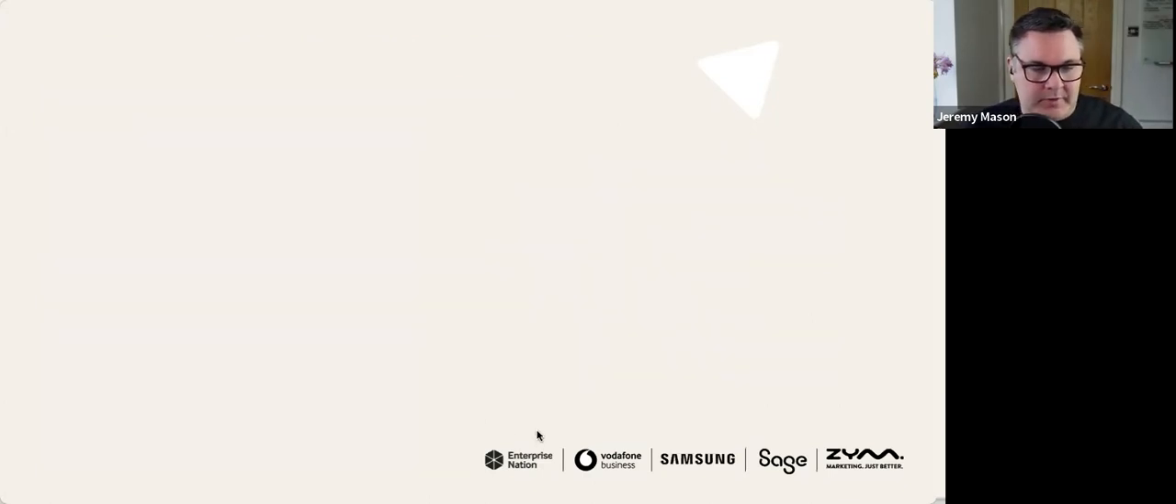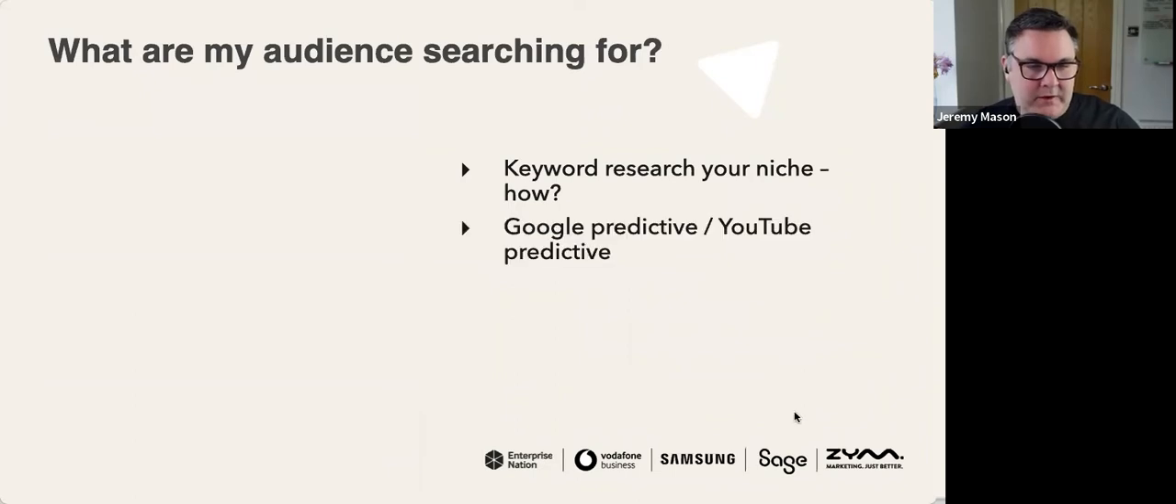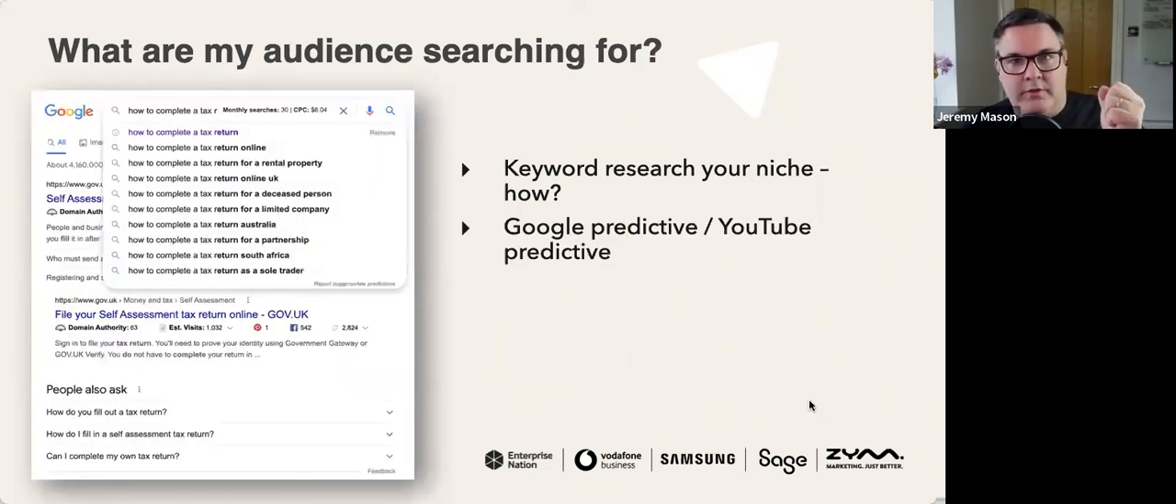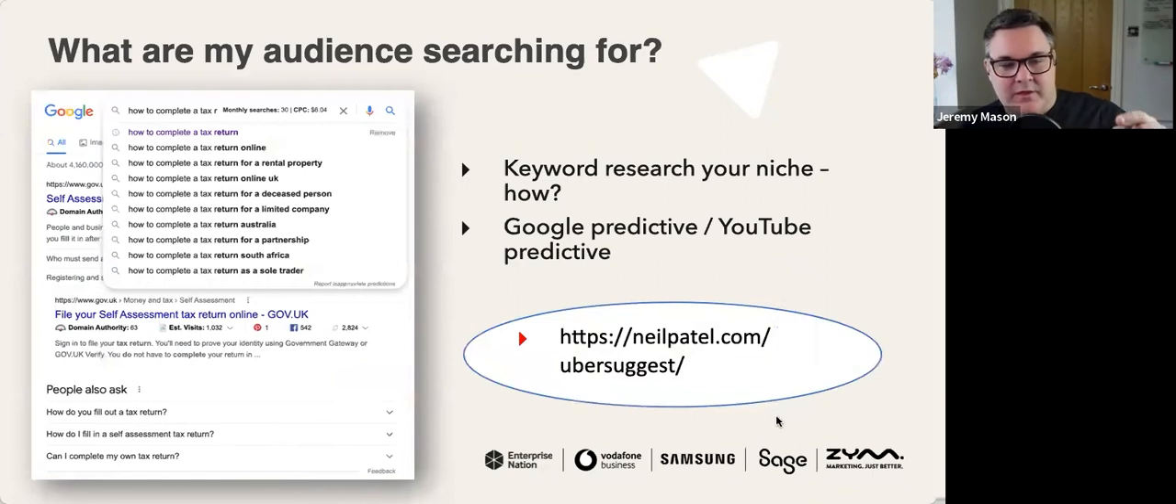particular search terms. But actually, in more specificity, how do we work out what the audience is actually wanting to look for? So how do you research your niche? Well, you use something called Google Predictive, and YouTube has a similar thing. This is a little plugin that you need. So go to neilpatel.com/ubersuggest, or just Google Ubersuggest. There is a paid for version of it, but there is a free version. It's really powerful. And basically,